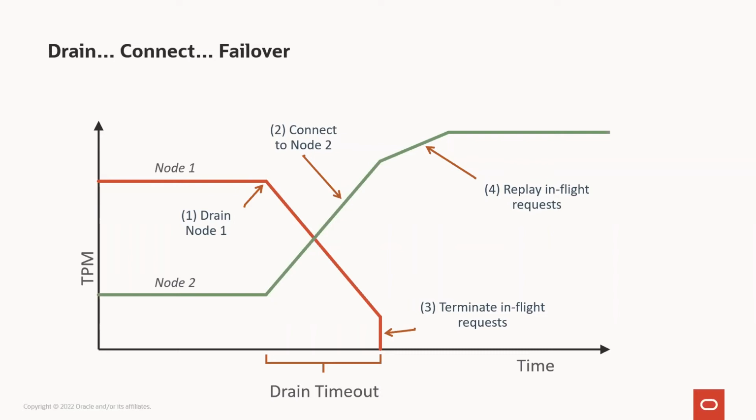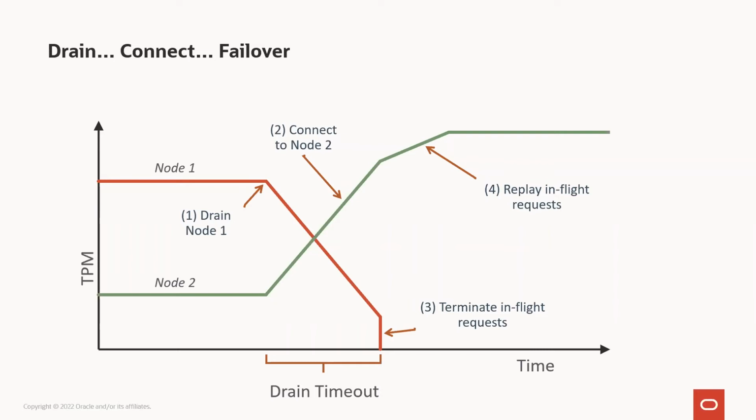After the drain timeout expires, there may still be something outstanding. We haven't finished everything. Okay, ideally, we make this drain timeout long enough to capture, or in other words, drain